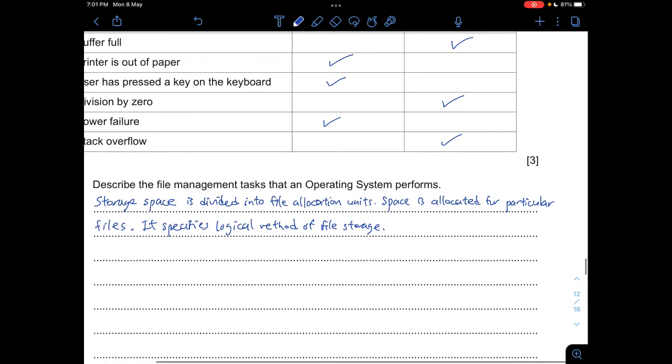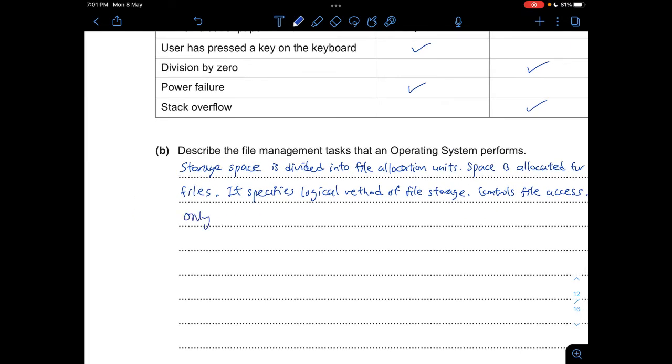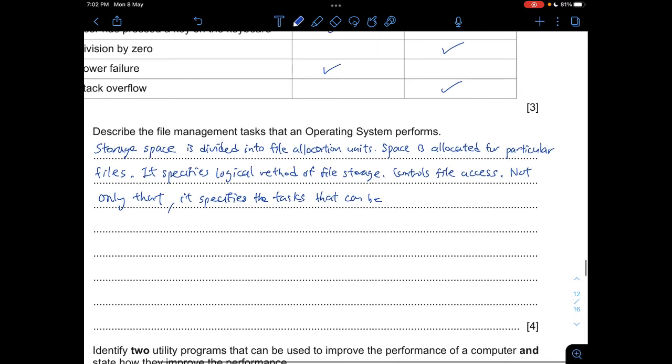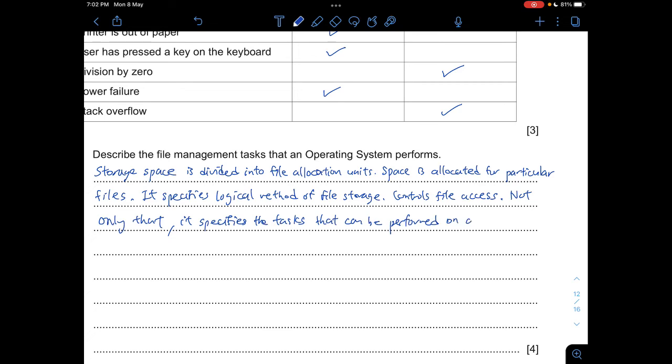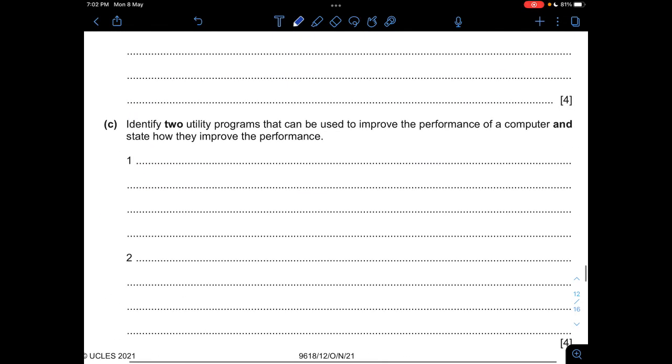And then it controls file access. Not only that, it specifies the tasks that can be performed on the file. Normally that will be like copy or cut or paste. Okay, something like this. Identify 2 utility programs that can be used to improve the performance of a computer and